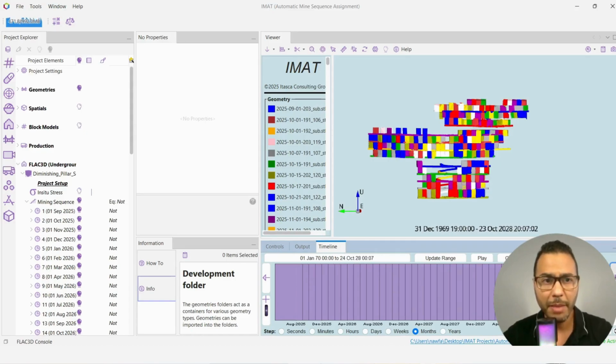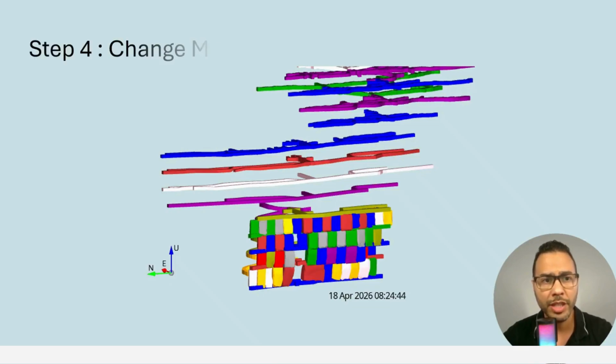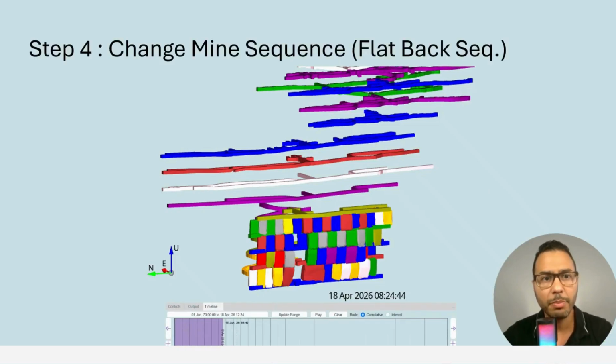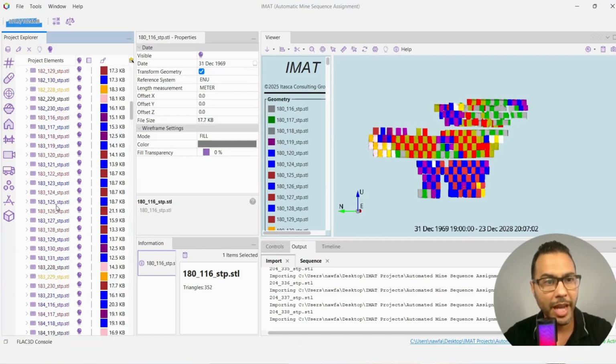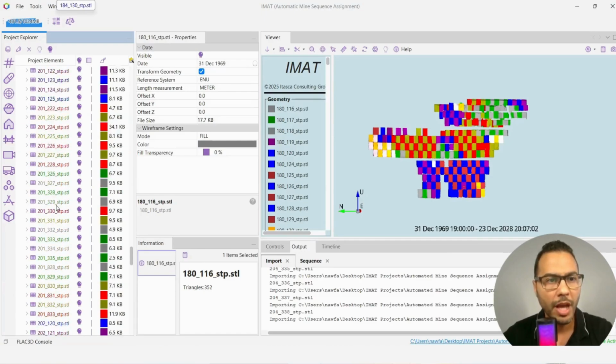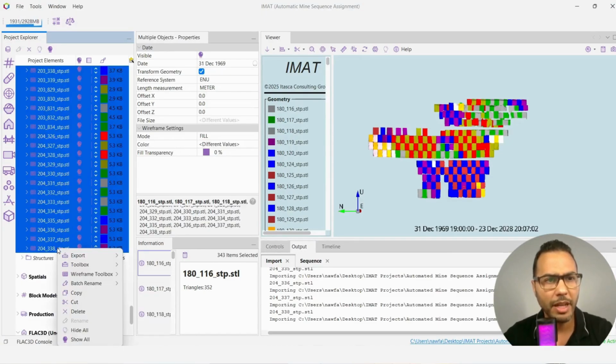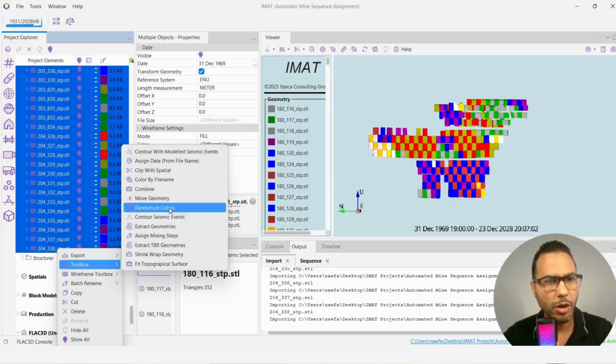So you can see the sequence is set up automatically. So step number 4, change the mine sequence. Instead of a diminishing pillar, let's try, for example, flat back. So here I have all the stopes named, the original names of the stopes, and I suggest having them well saved in a folder. So we go to tool,